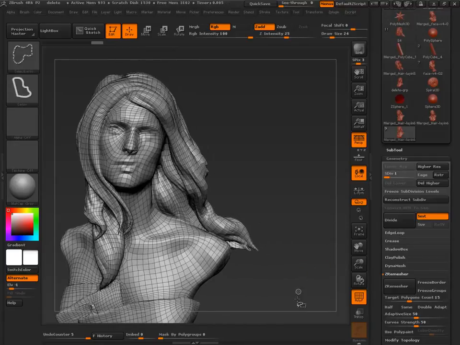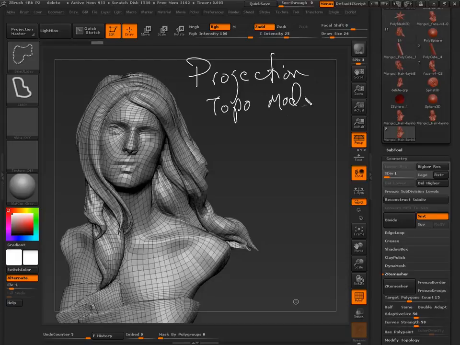So let's be really clear what we're talking about right now. We're talking about projection, topology modification. And then really what I want to do is set you up with your expectations inside of ZBrush. Keep in mind that the primary thing here is not to get 100%.